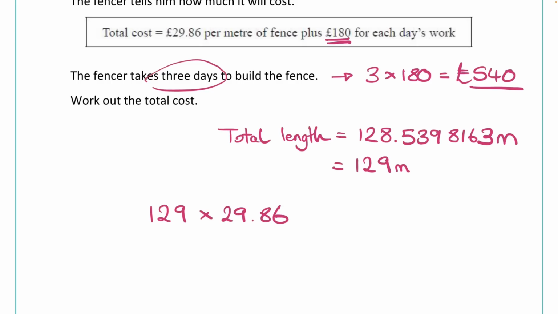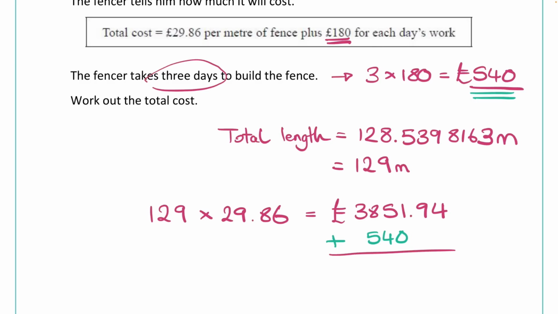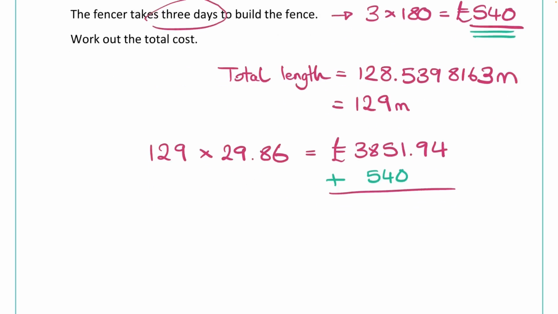£29.86, which we can type in on the calculator, times £29.86. That comes out as a total cost of £3,851.94. And we need to not forget that we had this labour cost up here as well for £180 for each day's work. So we still need to add the £540 on that we had up there, and we add it all together. Now, I've written column addition there, but I am just going to click plus 540 on my calculator, and that gives me a total cost here of